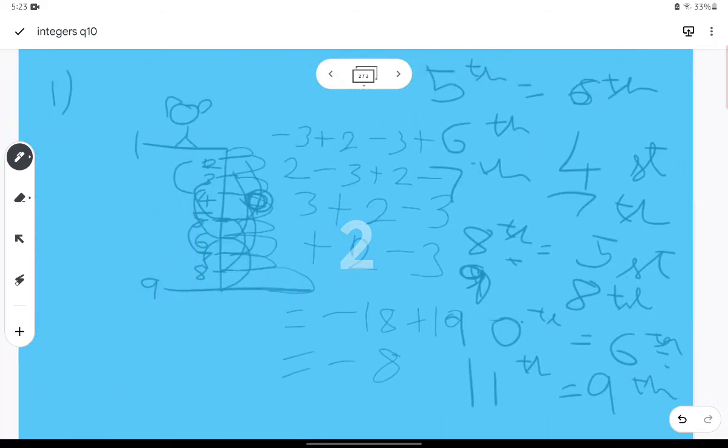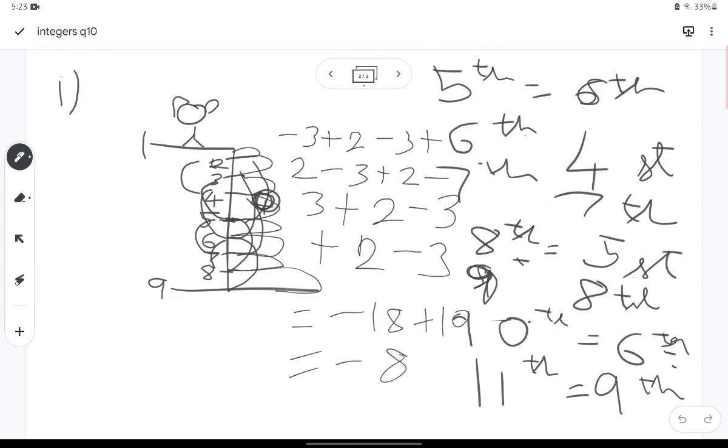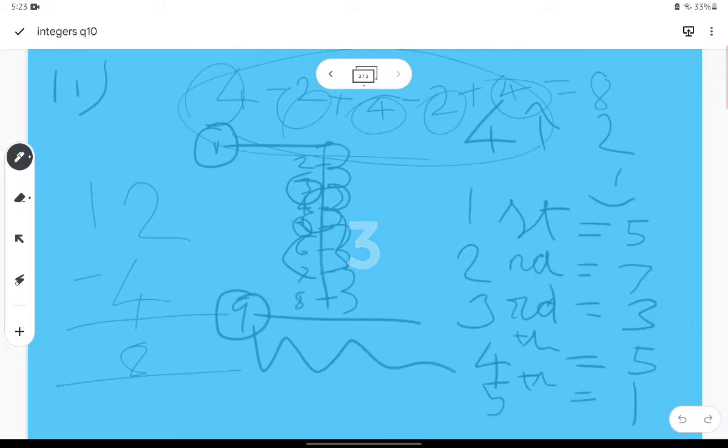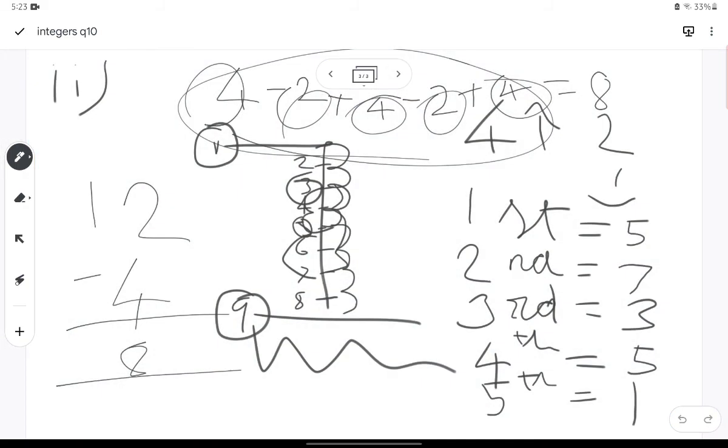So let's recall again. The monkey moves 3 steps forward, 2 steps back. As it does, it moves 11 steps to reach the 9th step, that is the water. In the second question, it moves 4 steps forward and 2 steps back. So it's at the water level and now it needs to go to the land. So it jumps 4 steps forward and 2 steps back, and it does this 5 times to go to the land.